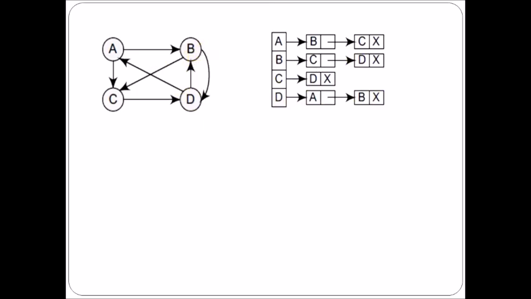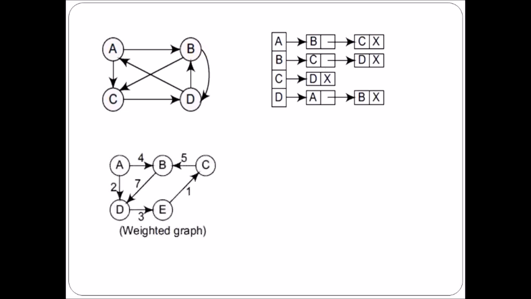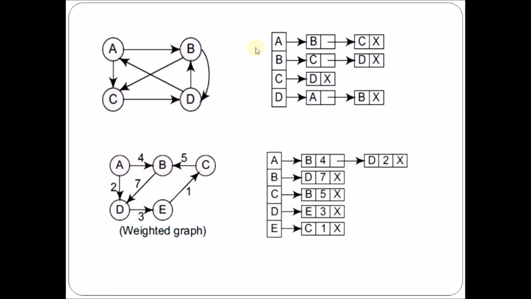Let's take an example when the graph is weighted. Now consider the same example, but I have associated weights with the graph. Now when the weight is given, the structure of the overall adjacency list is given here. The vertices are A, B, C, D, E. So 5 vertices. I have mentioned here the 5 vertices. Now from A we can traverse to B with a cost of 4. Same, from A we can traverse to D with a cost of 2.